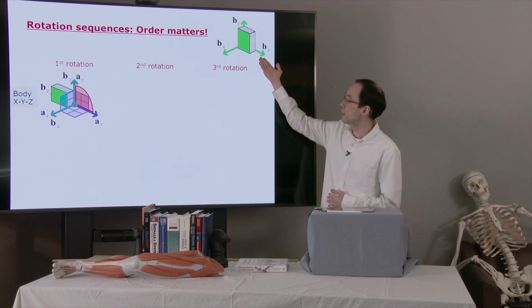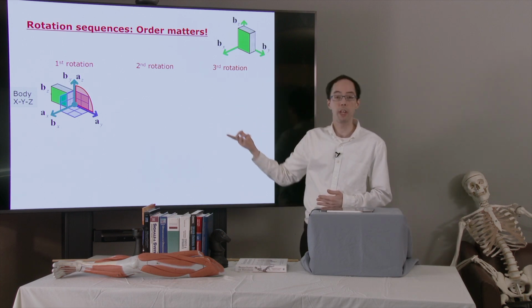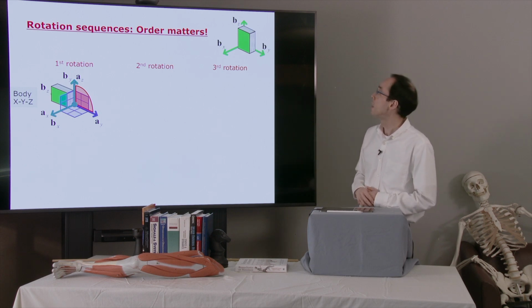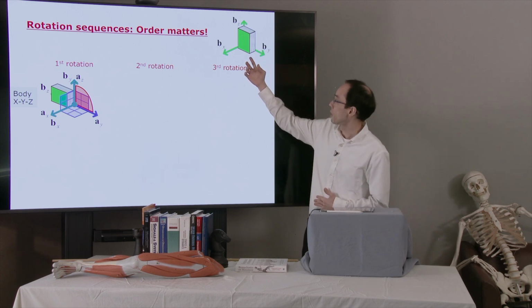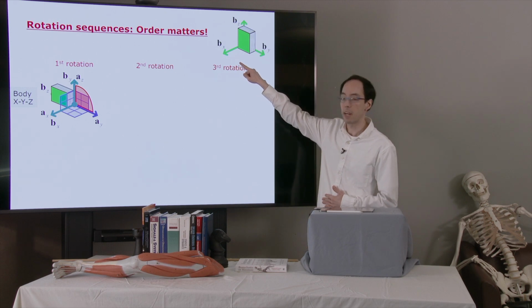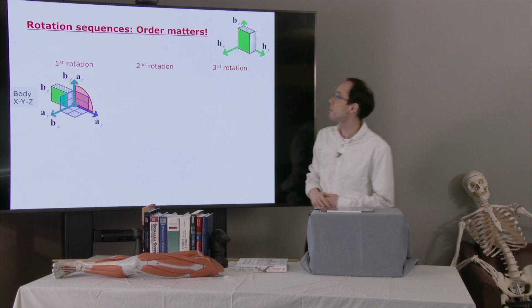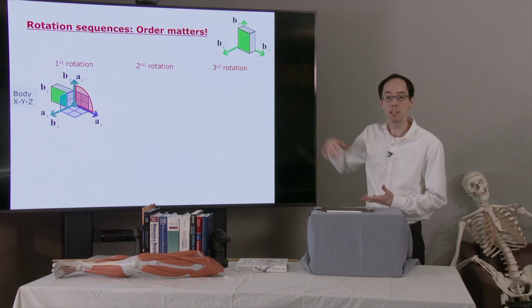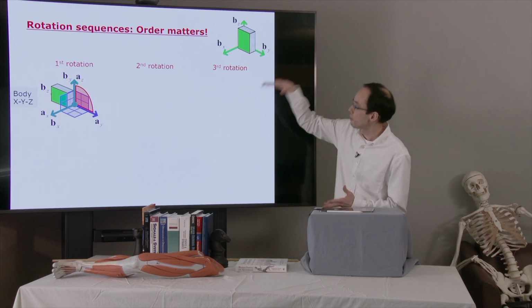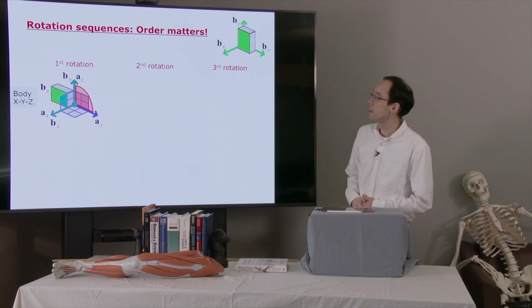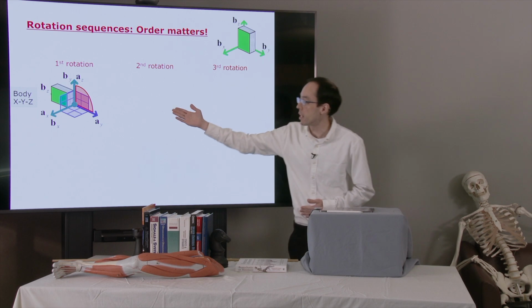So we'll start off in this orientation. And first, we're going to rotate about x. And each time, we're going to rotate by 90 degrees. So let's imagine we're going to rotate it by 90 degrees about this axis here. Imagine you point your thumb in that direction, curl your fingers around, and rotate the book 90 degrees. So you just see it flop over. And that's what we see in that first picture over there on the left. So we have rotated this by 90 degrees